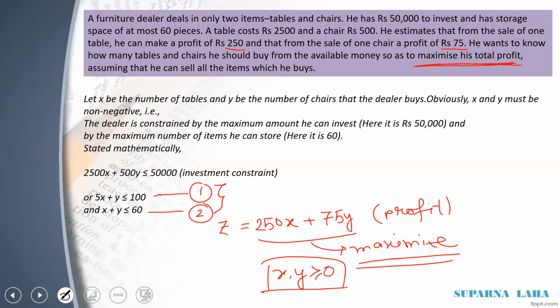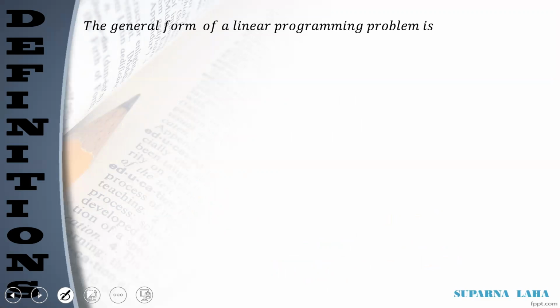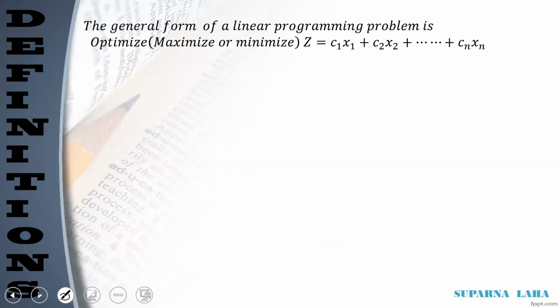So let's go through some definitions. In the previous case, we were just taking two variables, x and y. In general, we can take n variables for the linear programming problem, where we need to maximize or minimize the function z, which is given by c1x1 plus c2x2 plus dot dot dot up to cnxn, where x1, x2, x3 up to xn are the variables. Okay, and the restrictions are subjected to